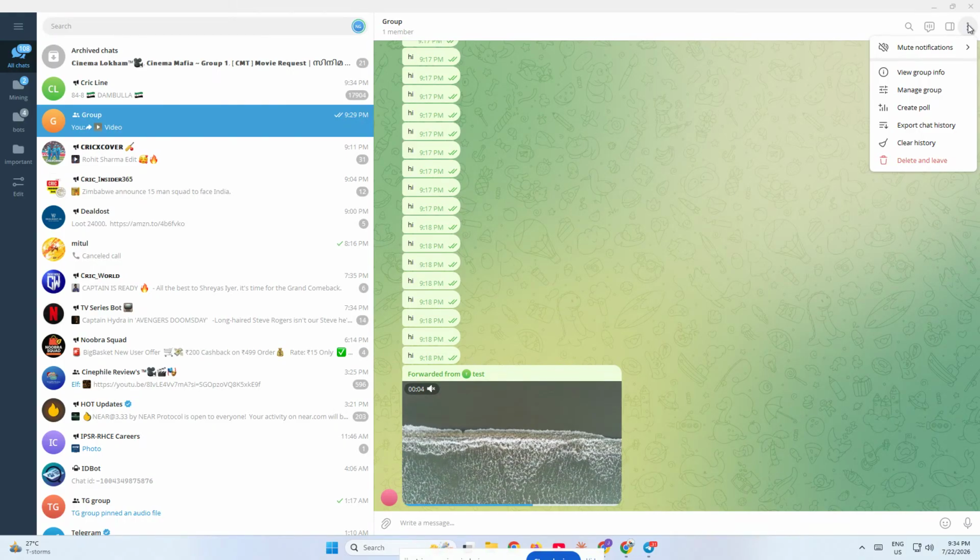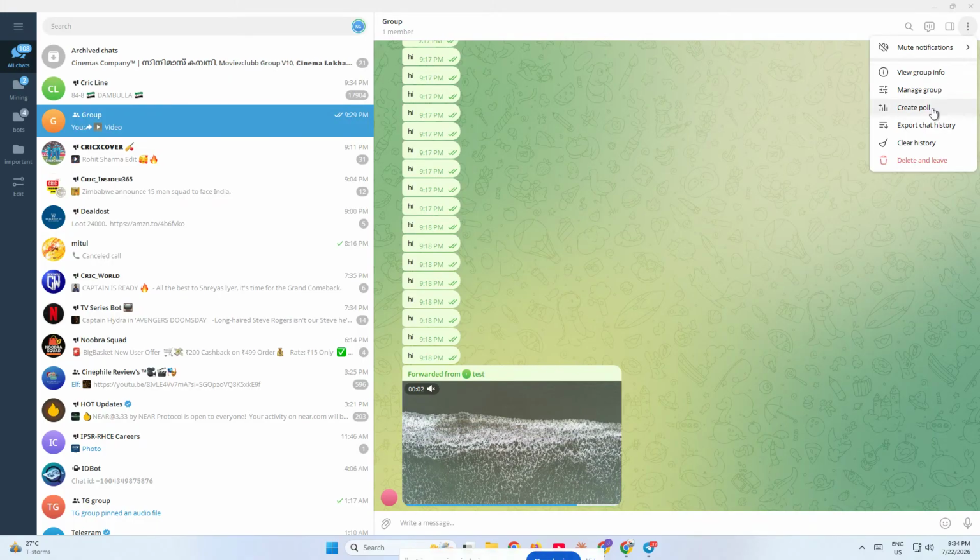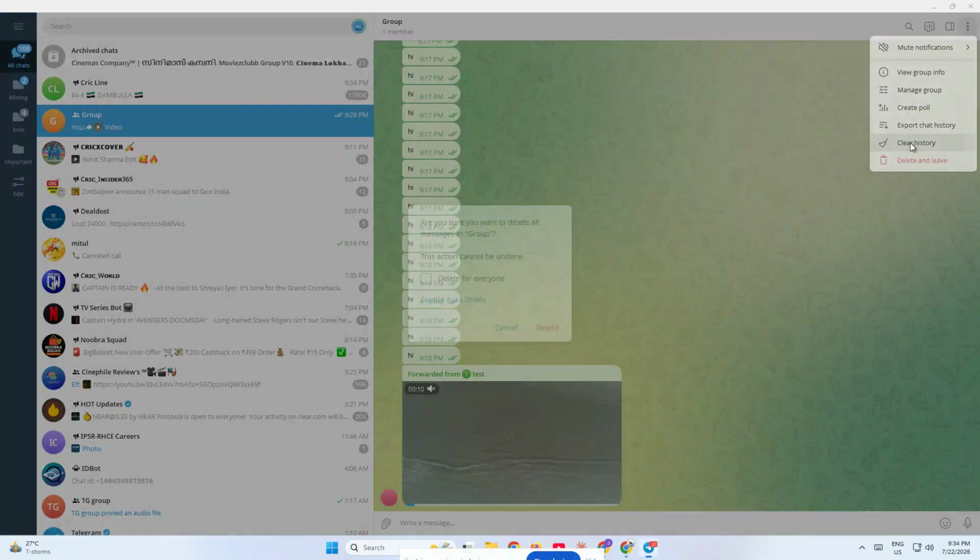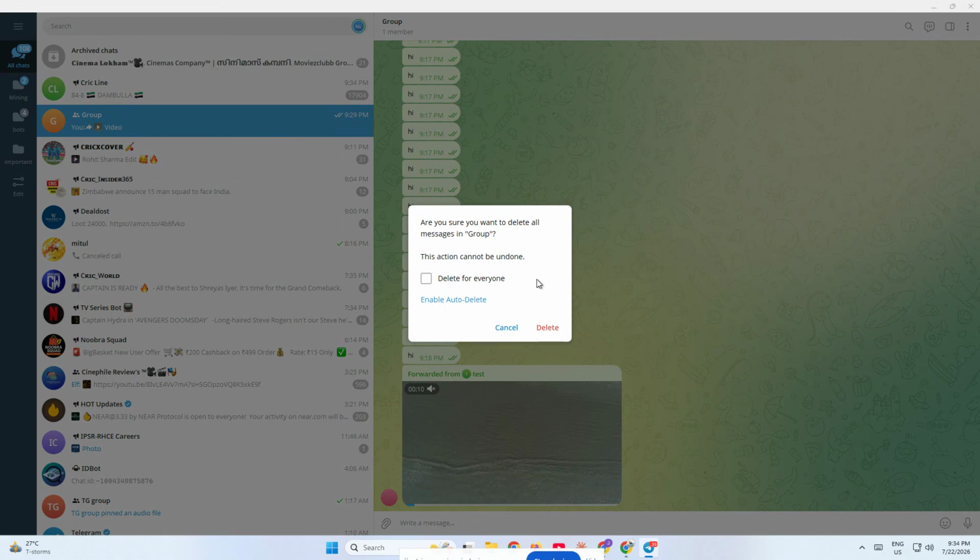After the menu appears, look for the option that says Clear History. Tap on that, and Telegram will bring up a confirmation screen. This part is important because Telegram may give you a choice depending on the type of chat. In some cases, you'll see an option to remove the chat from your side only, and in other cases, you may also be able to remove it for the other person or other members, depending on the chat settings and